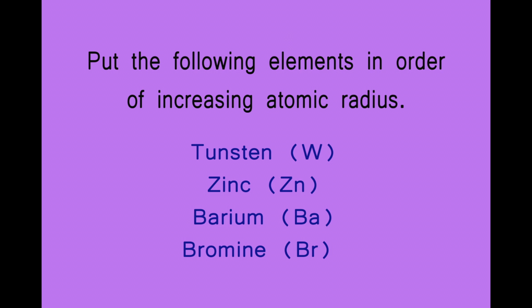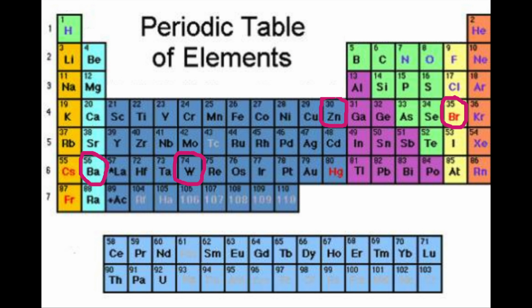Put the following elements in order of increasing atomic radius: tungsten, zinc, barium, and bromine. In order to put the elements in order of increasing atomic radius, we need to start with the one with the smallest atomic radius. The smallest atoms are found in the top right part of the periodic table, so let's